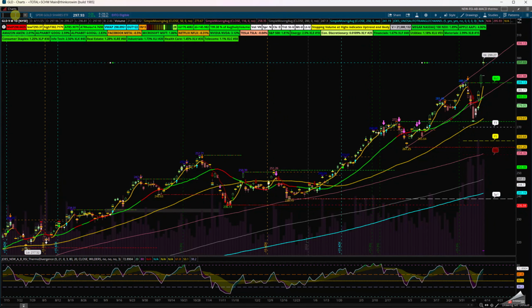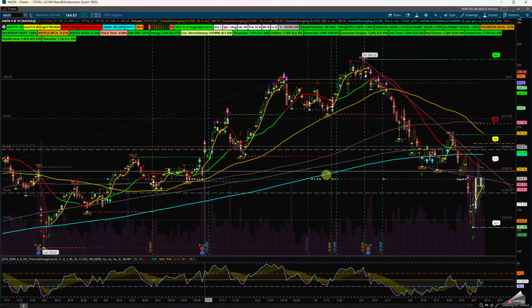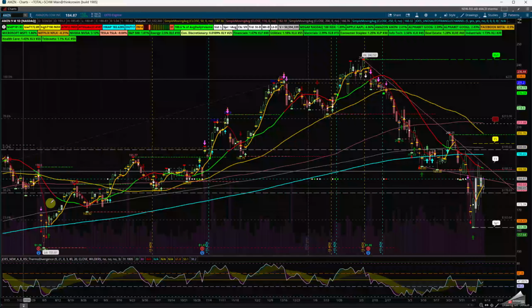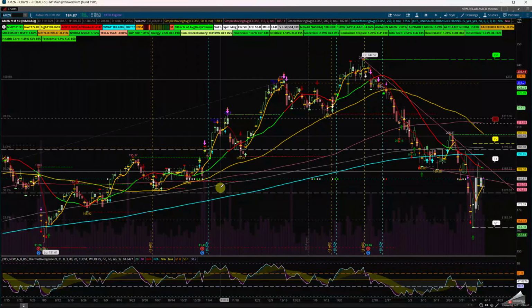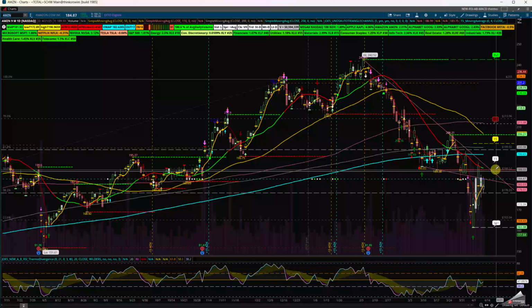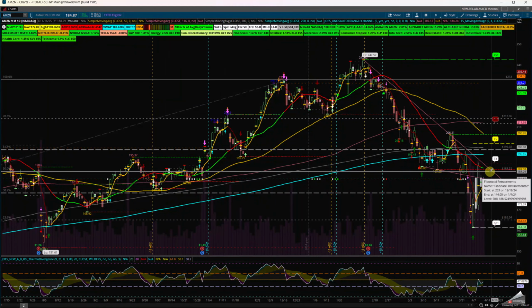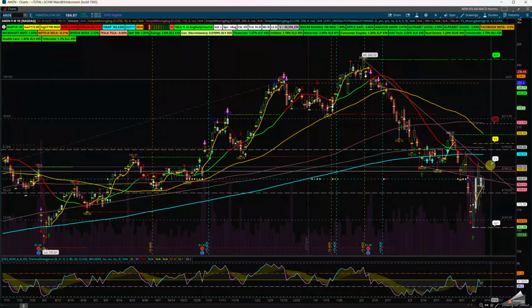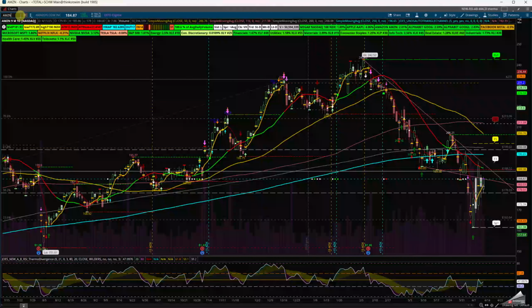Let's go one. I want to show not Apple, I want to show Amazon. Amazon, you can see after the tariff, there was a lot of consolidation here, building a lot of volume. If I can clear the backside of this channel and things are going to settle, and that's the range I have, then with that level up, I'm looking for the 50 Fibonacci and the 50 SMA to catch up to the 206 in Amazon.